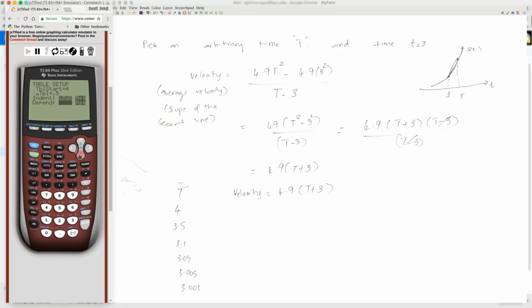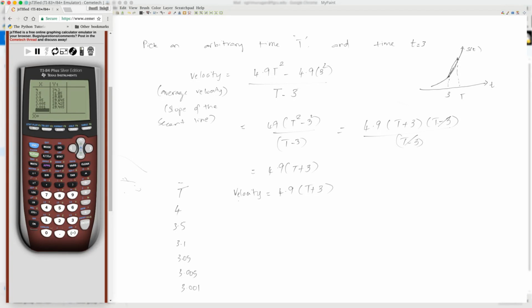The dependent variable is y, and I'll set it to auto and go back to table. It will compute the values of y now. So 3.5. The next would be 3.1, then 3.05, 3.005, 3.001,